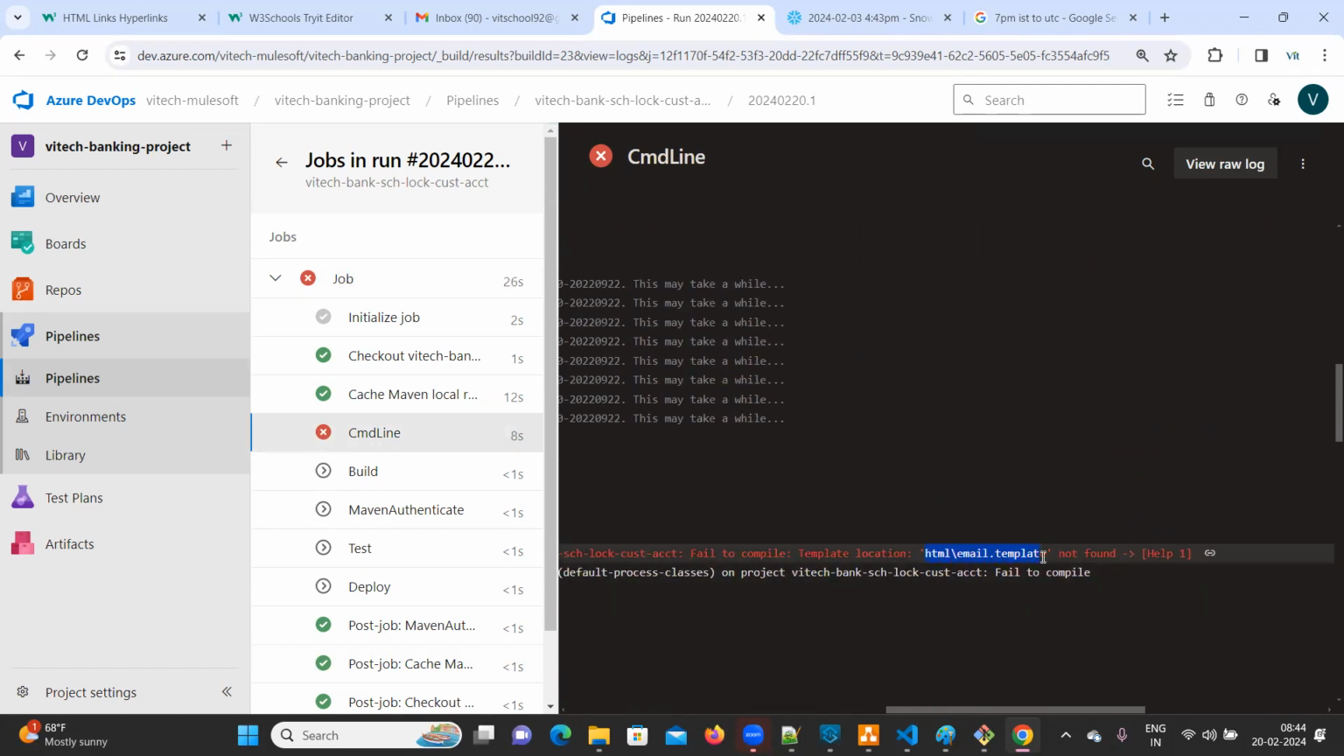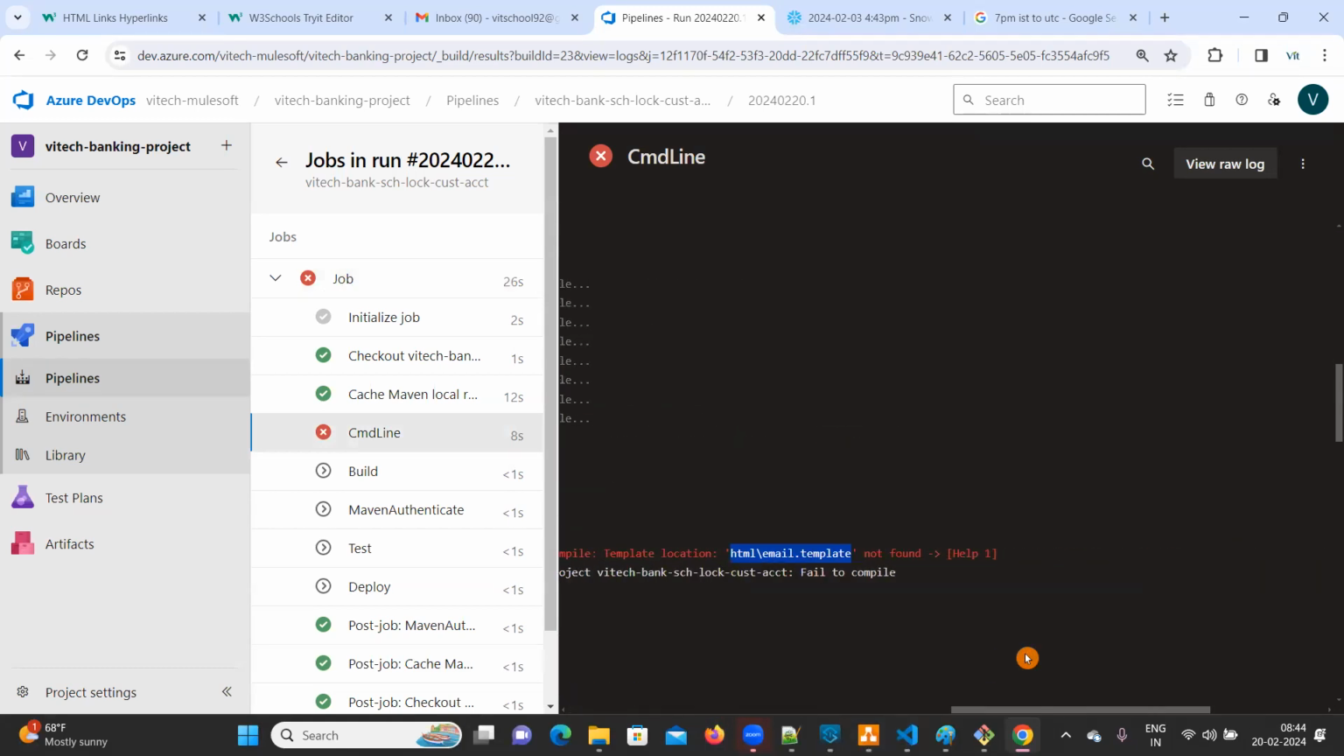This location, HTML/email template, is not found. That is the reason it is failing. Okay, I'll take a look at this one. So why it is failing, I'll tell you. So before that,